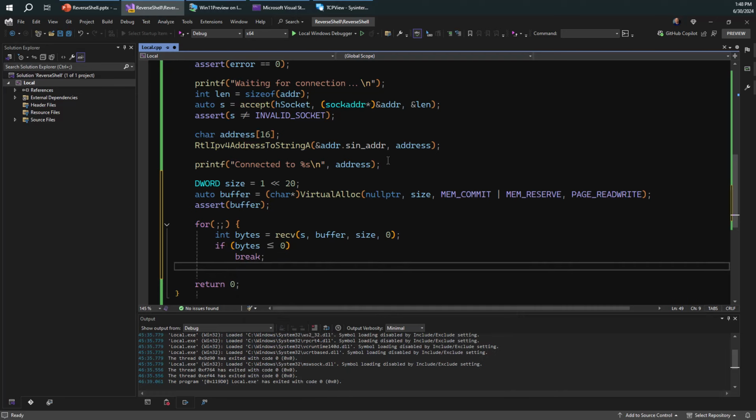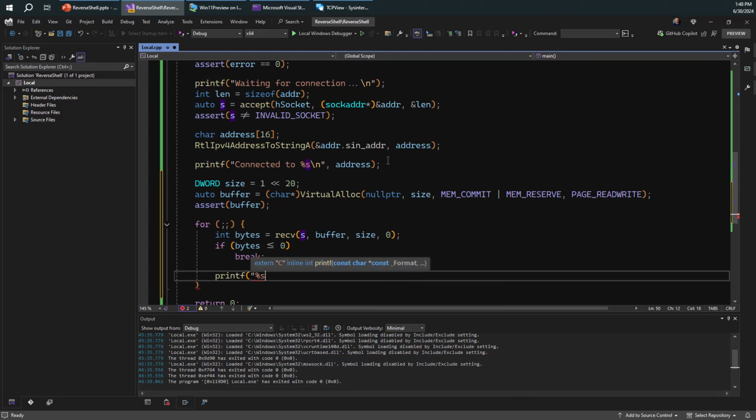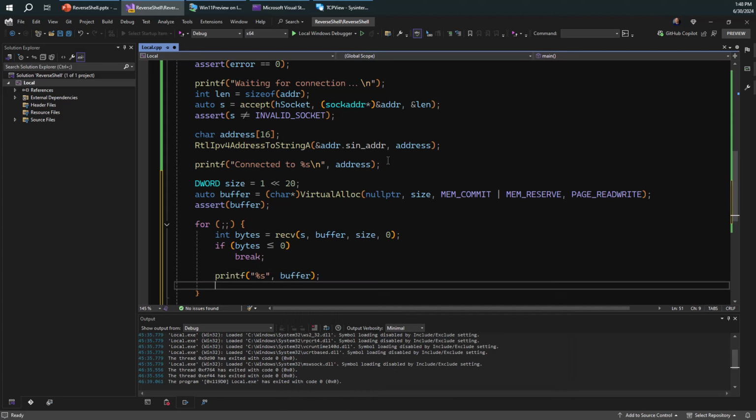If it's 0, it means that the connection has been closed, so the socket on the remote process was closed. If it's less than 0, if it's -1, it means there's some other kind of error, maybe a networking error, maybe something else. Regardless, if everything goes as planned, it returns the number of bytes that we actually receive. So now we can go ahead and just display whatever we received, by displaying buffer here to our